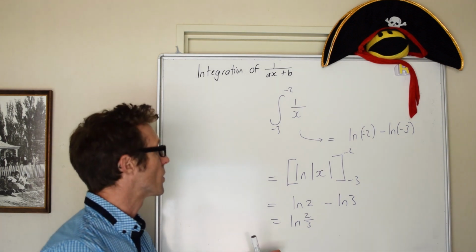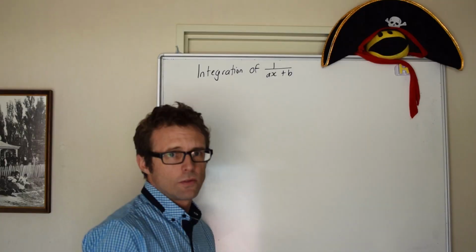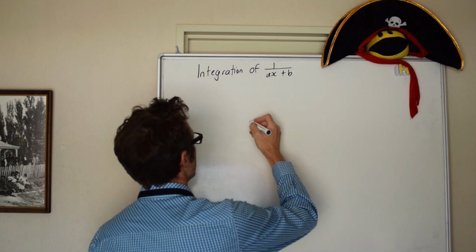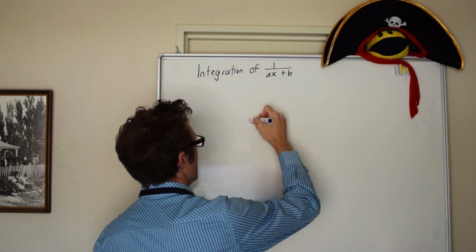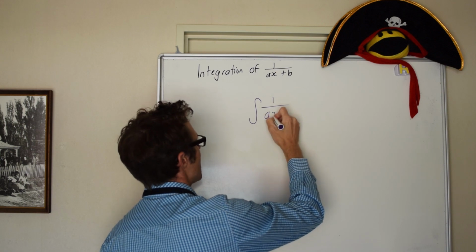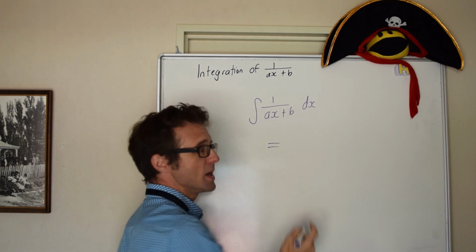Okay, so use the modulus sign when you're doing definite integrals. Now what we've learned here can be extended. We've used 1 over x. Now we can extend what we've learned to this. The integral of 1 over ax plus b, anything of that form, dx, is going to be equal to